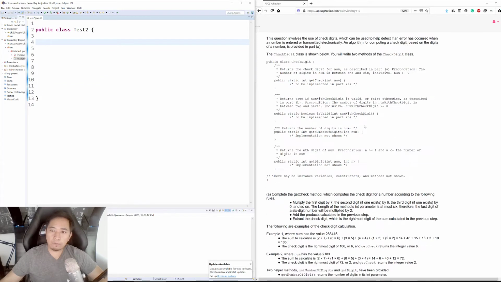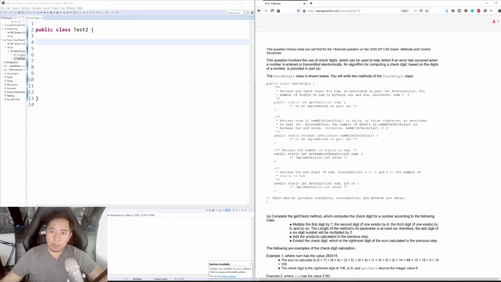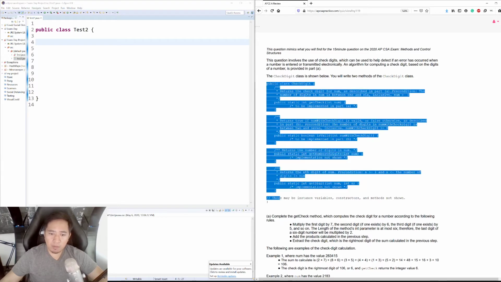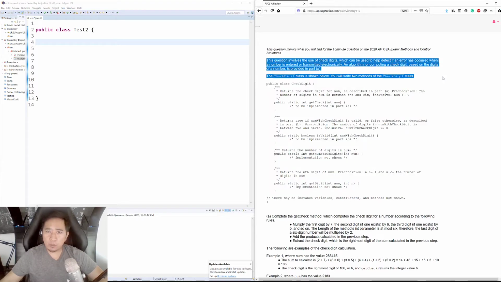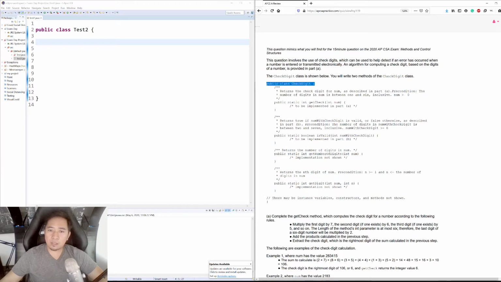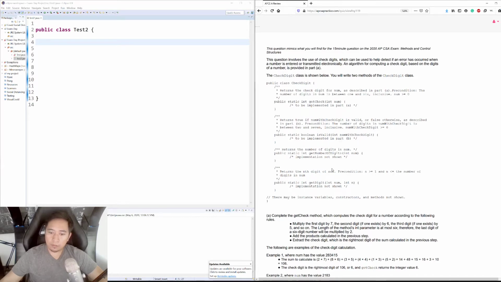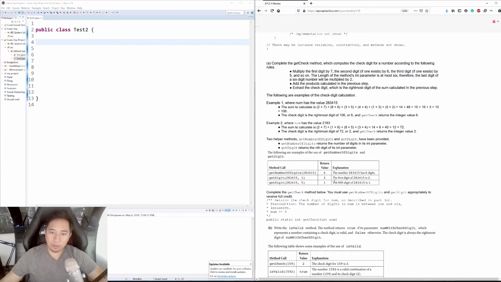Okay, so CheckDigit, the first thing I want to do is just scan it real quick. Typically if they just give you a class, you don't have to read these word for word. You just check, okay, it's a class called CheckDigit. It looks like I have to write a getCheck method here, and then I have to write an isValid method here. And then we do have helper methods called getNumDigits, getDigit. Okay, great. So that's that. Cool. So now we go into the actual